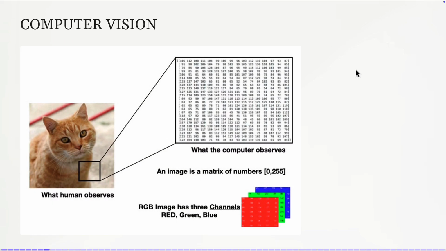And look at the challenge. Now, when we talk about computer vision, all of you can quite instantly know that this picture is of a cat. But look at the computer. You know, this is what the computer is actually seeing, just numbers. Now, how can I make a program that will convert these numbers into either this is a cat or not a cat, just a simple binary classification problem? So it's quite challenging, and it's not only one-dimensional, it's three-dimensional. We have red colors, green colors, blue colors.